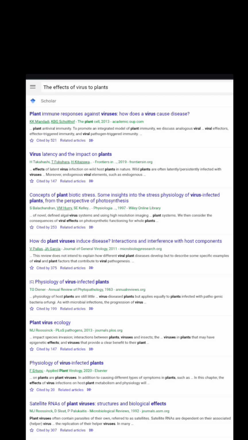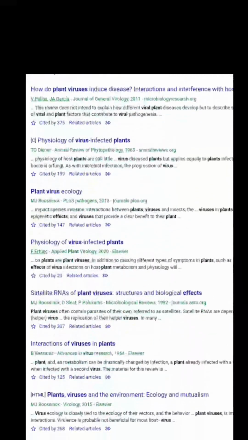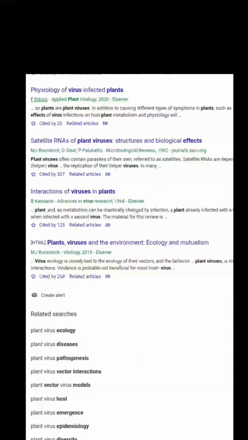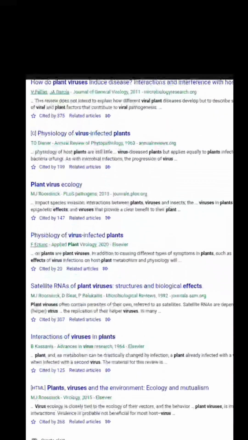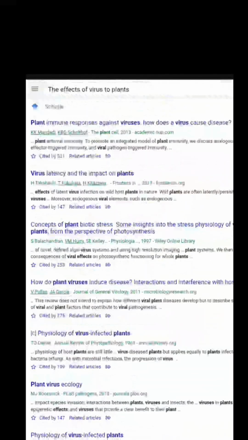So you could see that the topic says the effects of virus to plants, and when you zoom in, you see various encyclopedia submissions, some by professors, some by students,